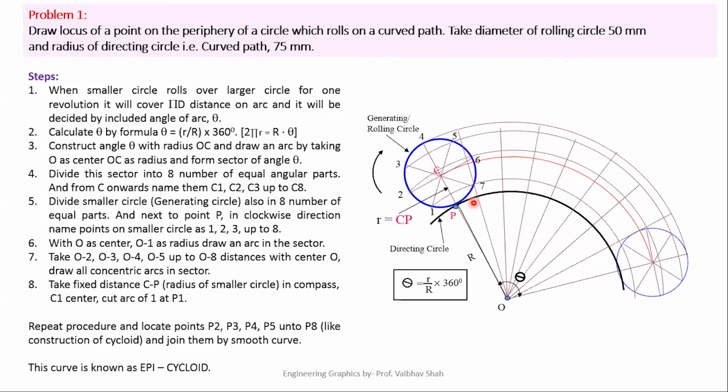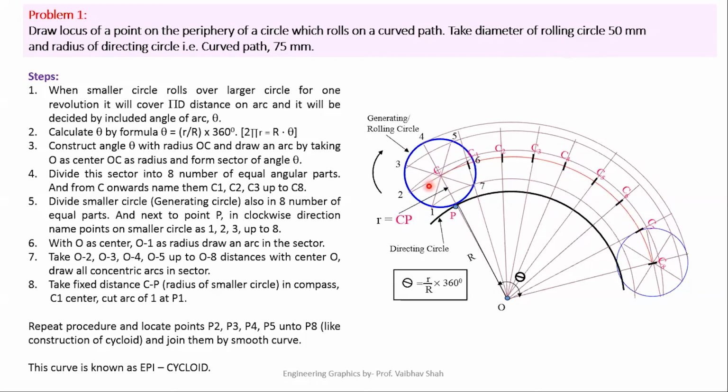Now, after that, let us locate the center points on this center line. So now let us locate these points on this center line like this. We have located a total of 8 points. Now let us define these points by C1, C2, C3, C4, C5, C6, C7, and C8. Now after that, the last phase of the drawing.